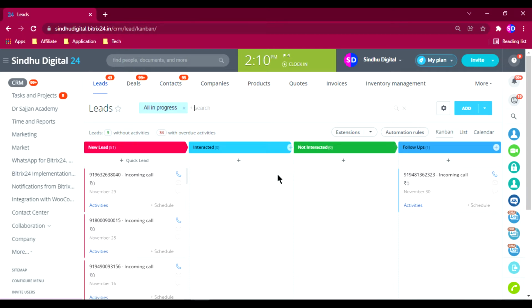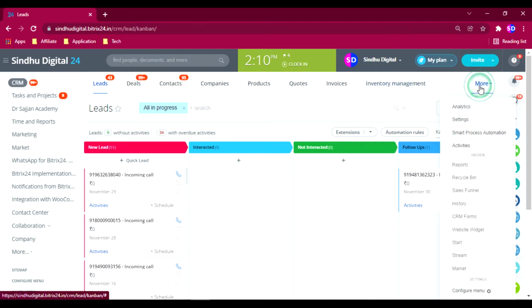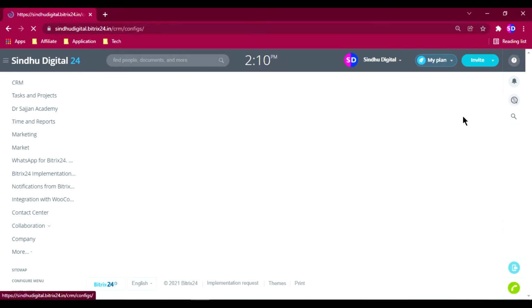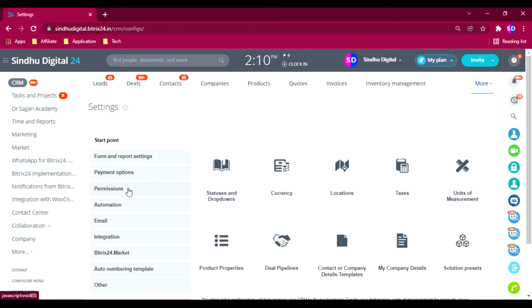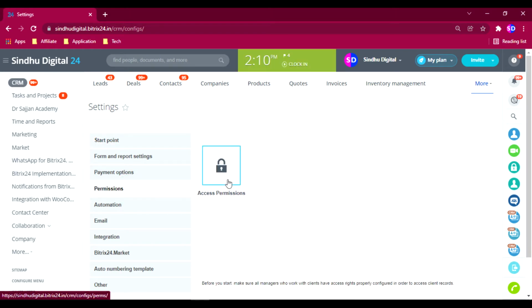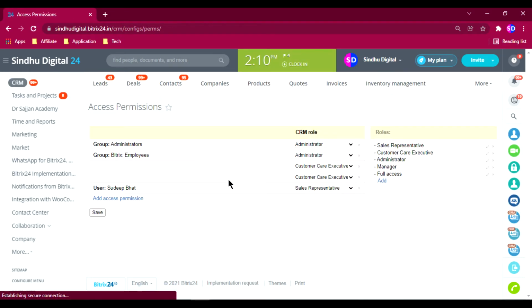For that, at the top menu, you need to go to Settings, then Permissions, and then Access Permission. The first thing, when you get to access permission, is to set the role. For the first time, you need to set the role.